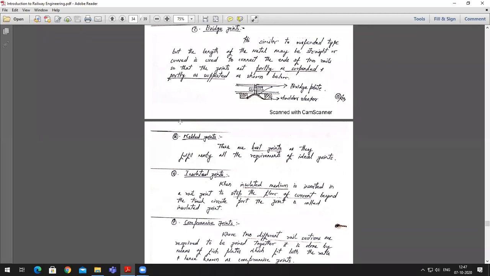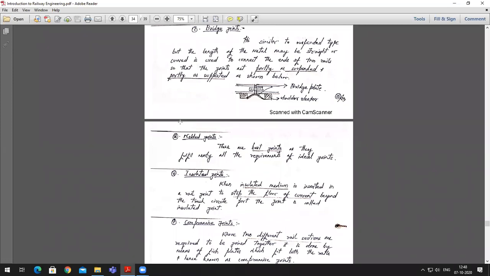Normally, as I told you, each rail that is manufactured in the industry would be between 12 meters to 15 meters, depending on the standards. Imagining that each rail is 12 meters, in the older process we had to join each of these rails to prepare a railway track running for hundreds of kilometers. That joining was possible only with the help of fish plates and fish bolts.